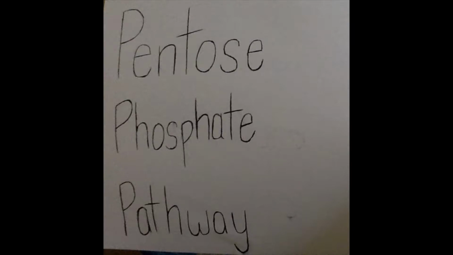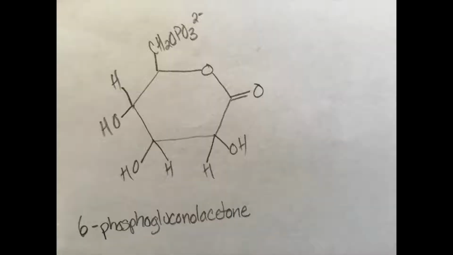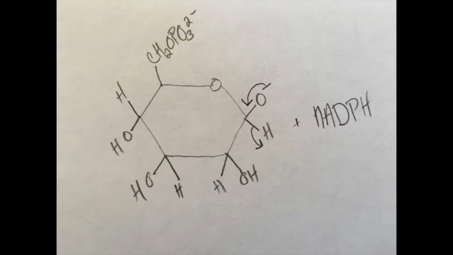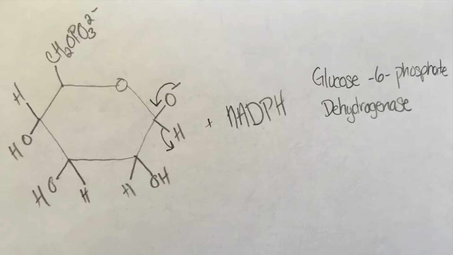Begin talking about the pentose phosphate pathway, there are two separate sections of this pathway. There's the oxidative and the non-oxidative. To begin, the oxidative pathway begins with glucose 6-phosphate, which is then reacted with NADP+ to create 6-phosphogluconolactone and NADPH. Glucose 6-phosphate dehydrogenase catalyzes the oxidation of the aldehyde of the glucose 6-phosphate to a carboxylic acid